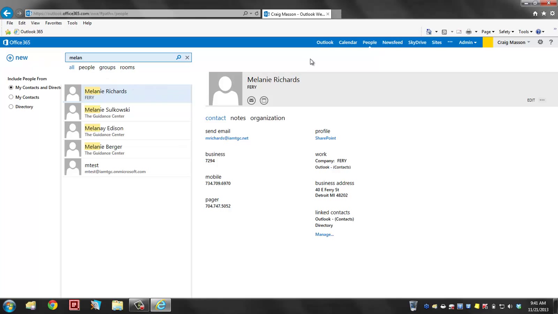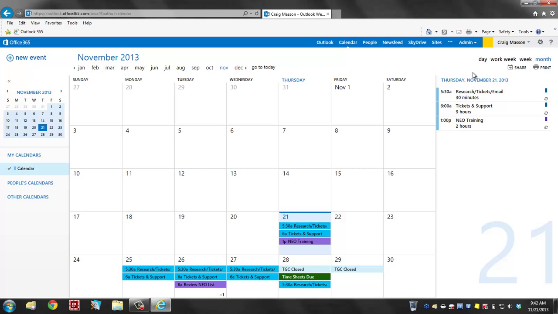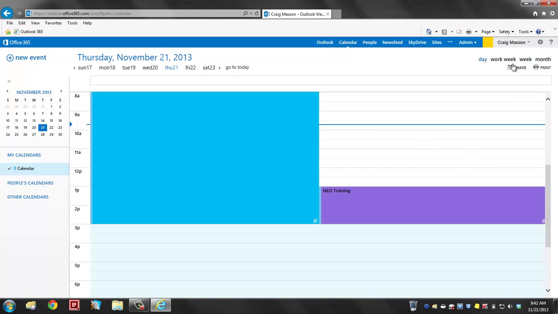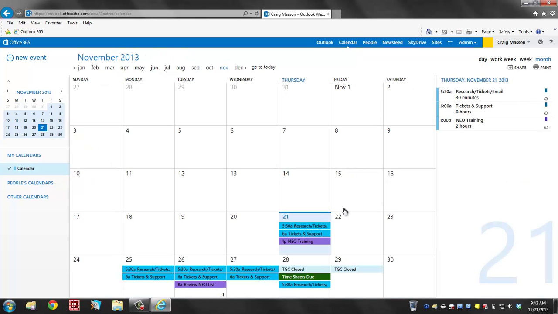Okay, the next thing I will show you is the calendar option. So if you click Calendar, that will take you to the main view of the calendar. From here we have different options of viewing our calendar. I'm viewing in month view. You can view it in week, work week, and day as well. I'm going to go back to month view,